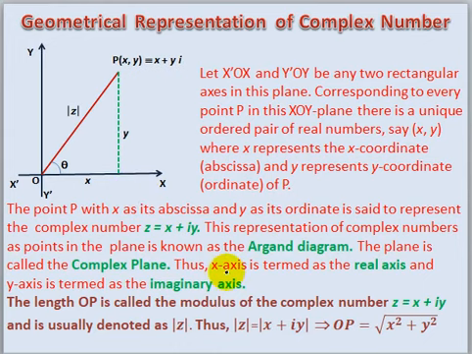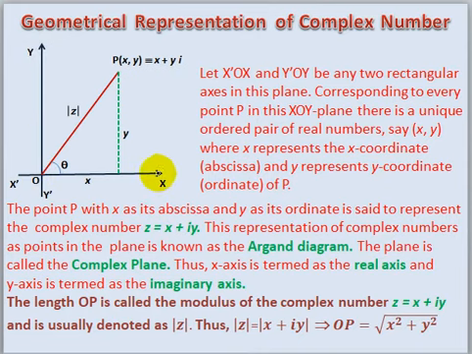In this plane, the x-axis is the real axis and y-axis is the imaginary axis. So the imaginary part of the complex number will be plotted along the y-axis and the real